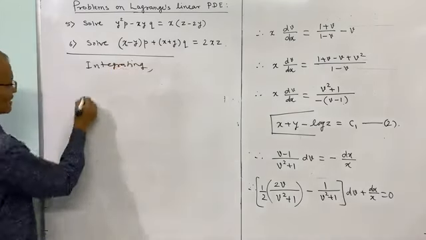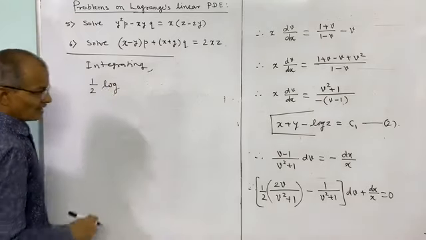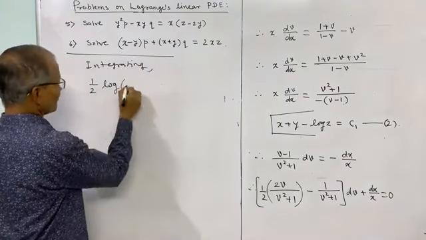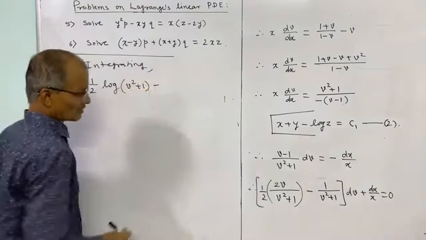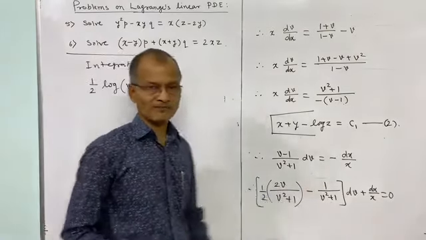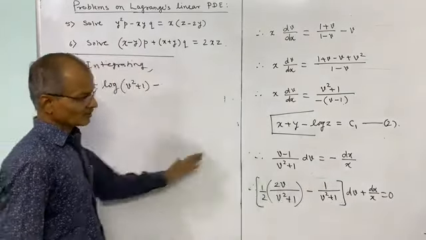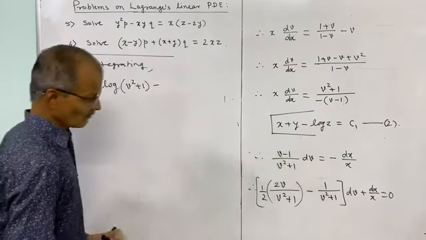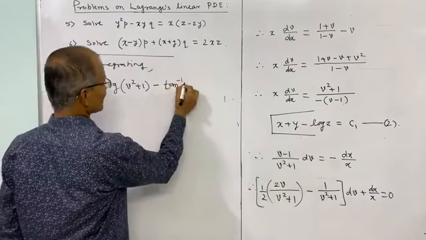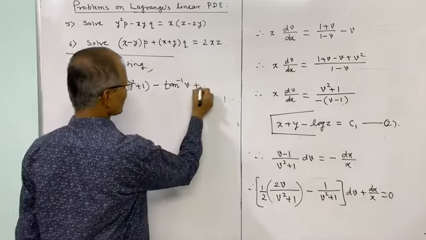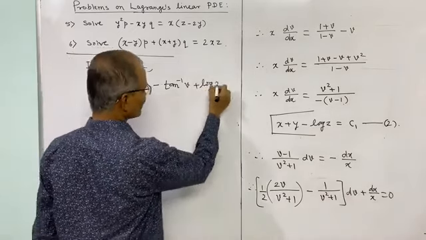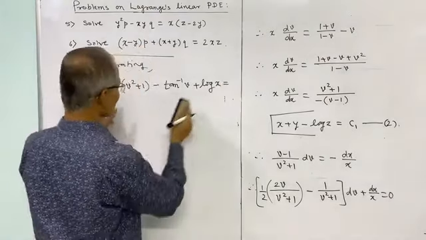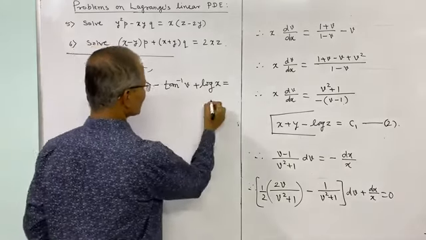what we get is half log of the denominator, since the derivative of the denominator is at the numerator, the integration is log of v square plus 1, minus the integration of 1 upon v square plus 1, that is 1 plus v square. So integration of 1 upon 1 plus x square into dx, we know it is tan inverse x, and here it is tan inverse v. And next is plus log x, integration of dx upon x is log x, and is equal to, now because both terms are in log, we may take the constant as log of c,